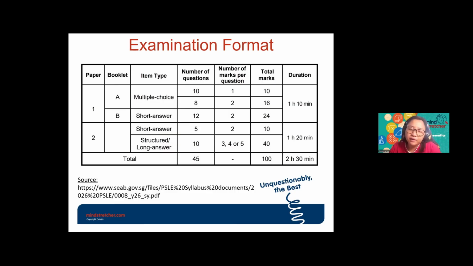And then you will have another 10 questions, and these 10 questions will have a variety of marks. It could be 3 marks, 4 marks, or 5 marks. Now, in recent PSLE, most of the 5 marks questions wouldn't be just one question by itself. Most of the time, they will break it down, so there would be part A, part B, or sometimes even part C. And most of the time, for the long answer questions, this 5 marks question, they will break it down in such a way that after you answer part A, it's supposed to lead you to answering part B.